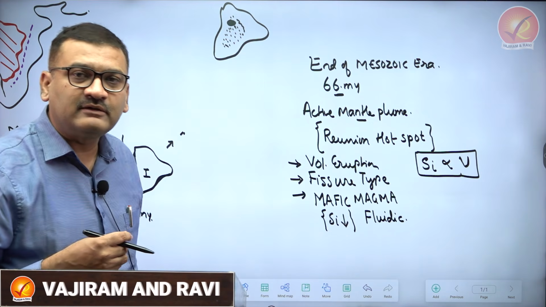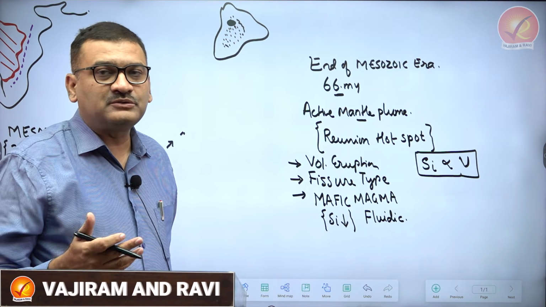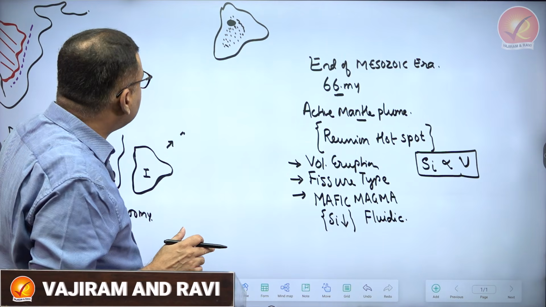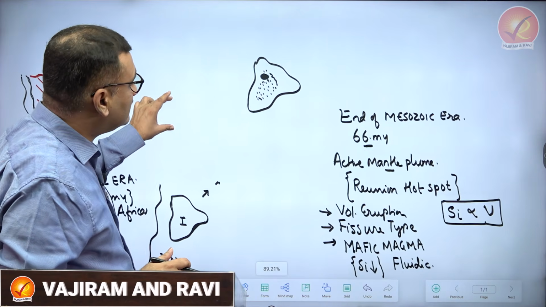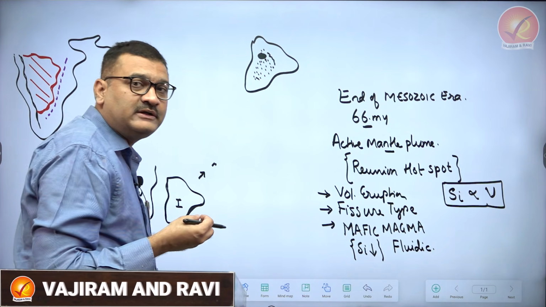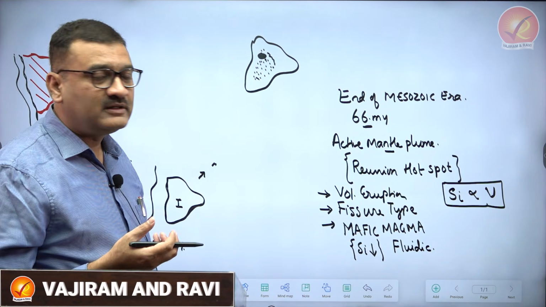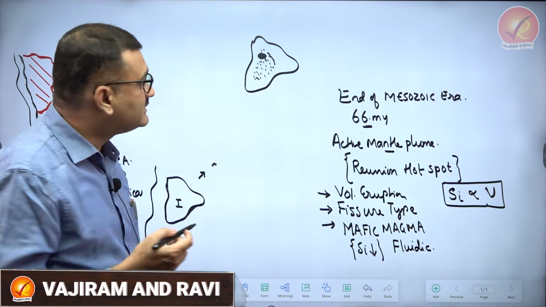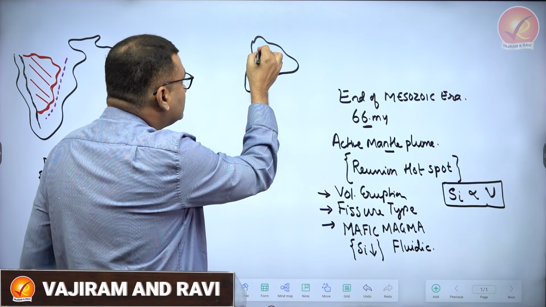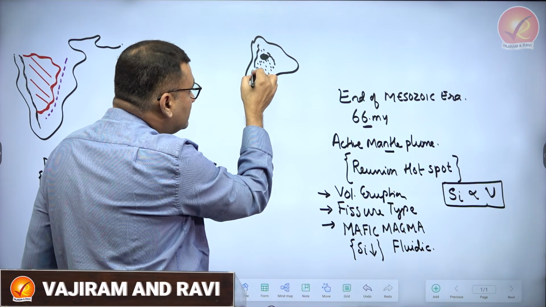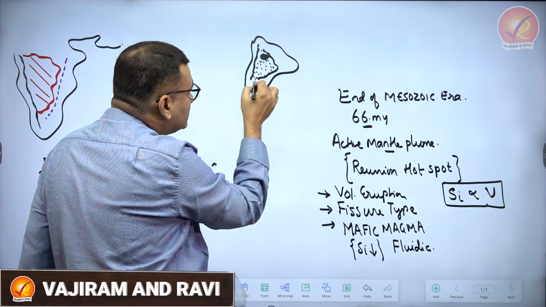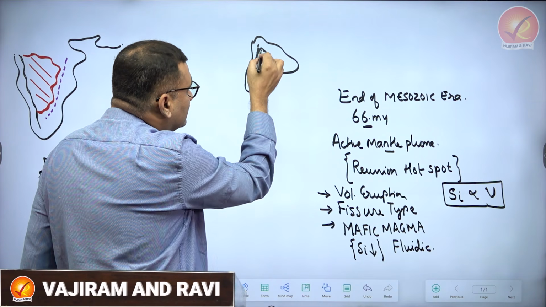Fluidic in the sense it can easily flow. When it comes to the surface, it can easily spread on the surface. That is how, when this volcanic eruption occurred, it was with mafic magma, which has a very high quantity of magnesium and iron. The silica content here will be less, and this magma has traveled. So when it is coming out, see, on the western side there was already a barrier. Therefore, the flow of magma was towards the eastern side, and it got accumulated